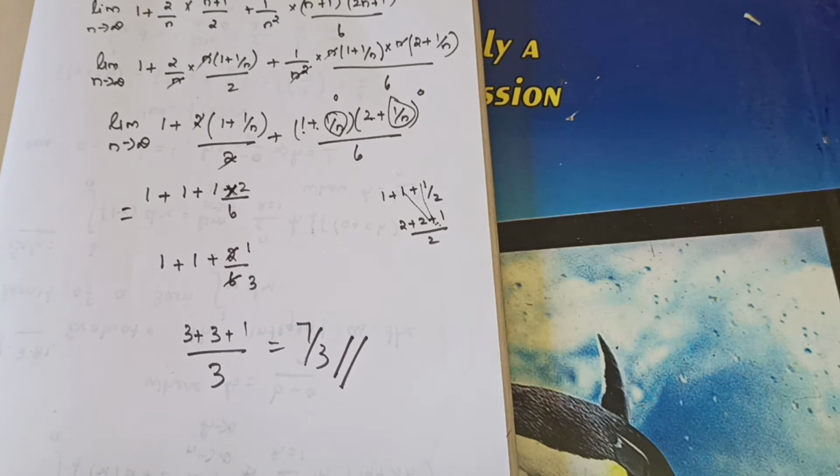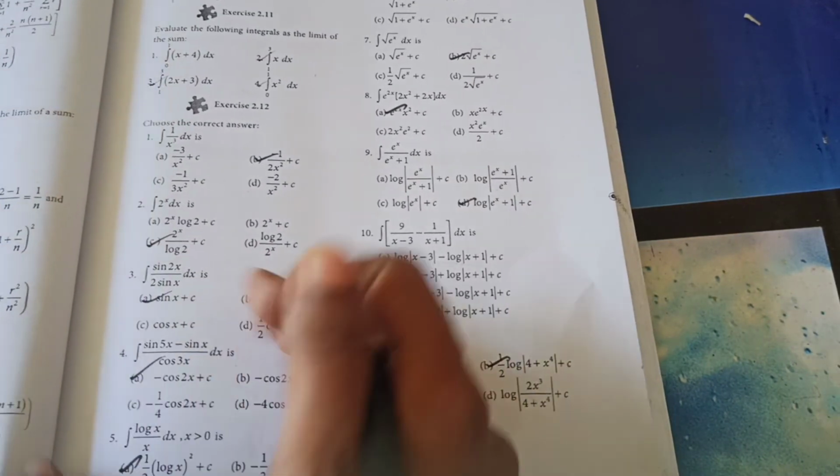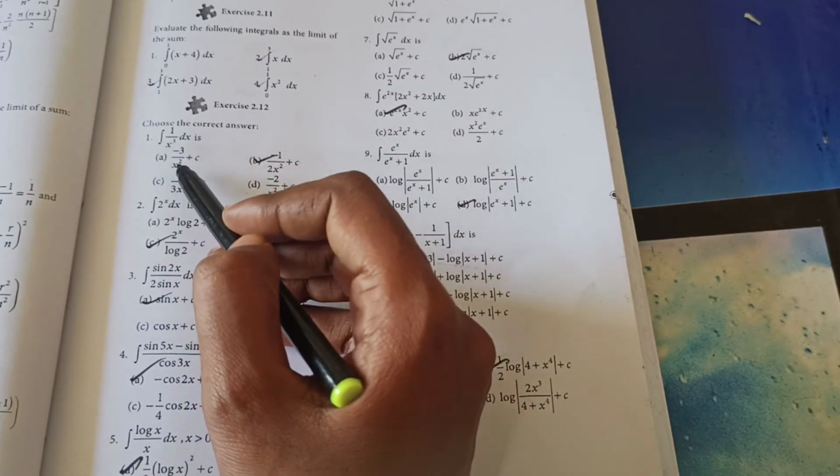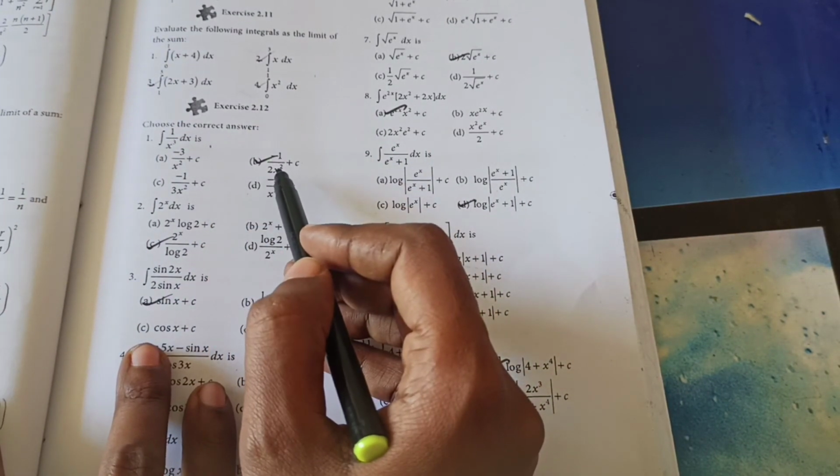Sorry, mark down the one words. I am dictating the answer. Take down your books, mark along with it. Exercise 2.12. Okay. First one. Integral of 1 by x cube dx is. Mark it students. Take down your books, all of you. First one, integral of 1 by x cube dx is, if you can, you work it out.